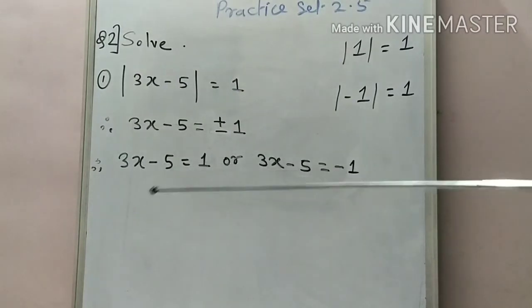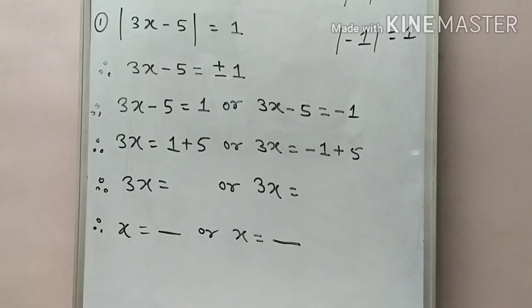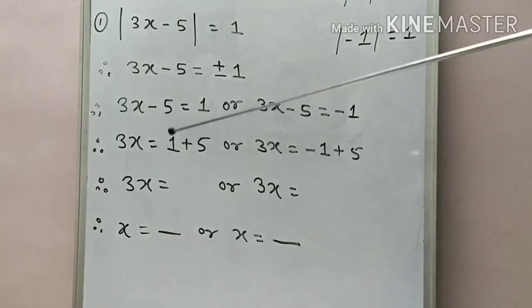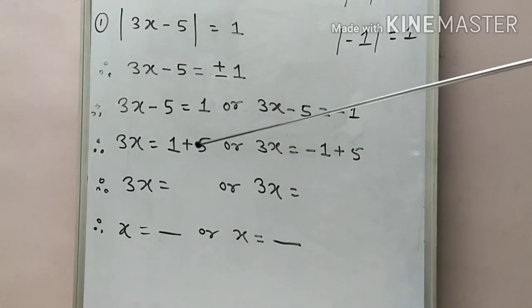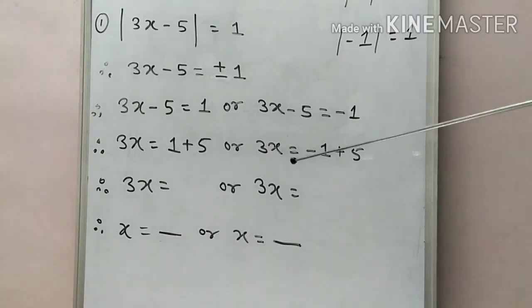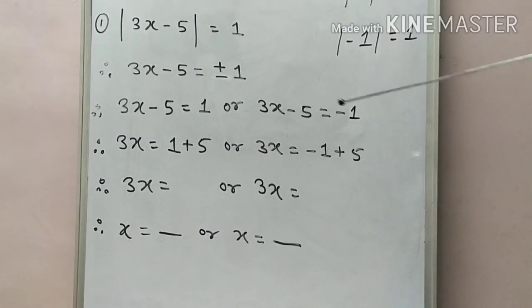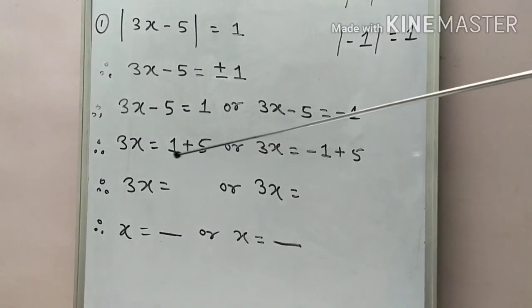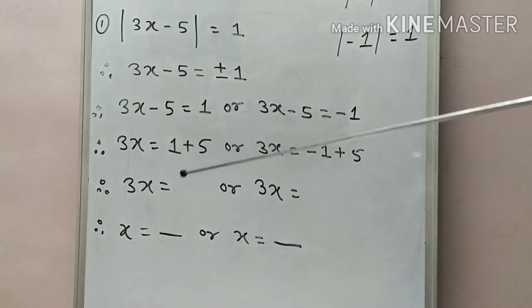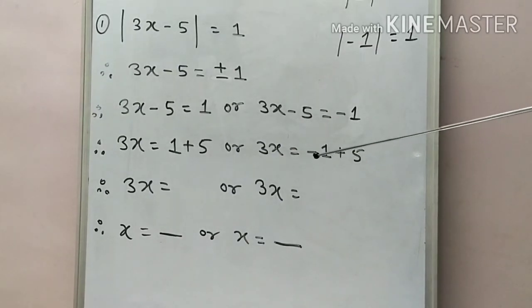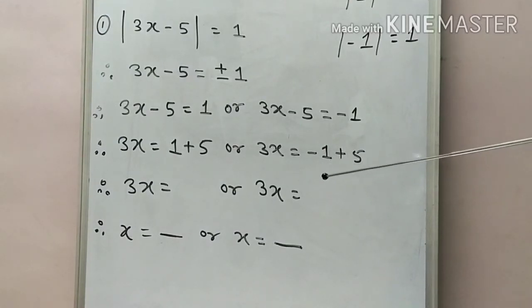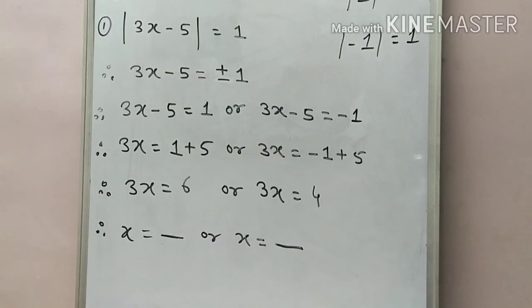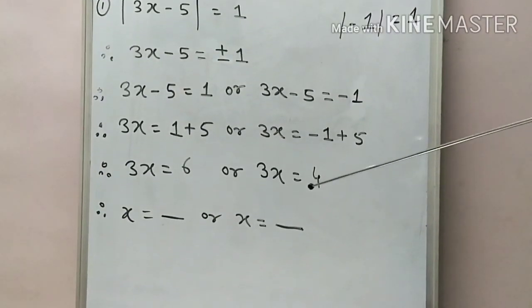Okay, and now we simplify both simultaneously, so here we get two different values of x. Okay, so as we simplify further, what we do here, we take this constant minus 5 to the right side, so it's 1 plus 5, or 3x equal to minus 1 as it is, and again here we get plus 5, and now we add on the right hand side, 1 plus 5 as 6, or 3x equal to what, minus 1 plus 5, means opposite side means subtraction, and here we write down that subtraction value. Okay, understood? That subtraction we get as 4.